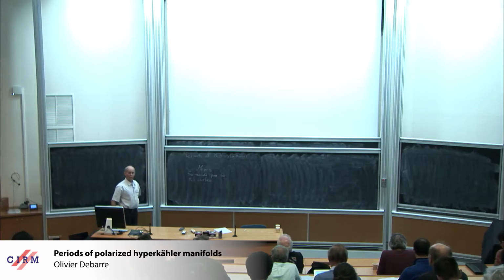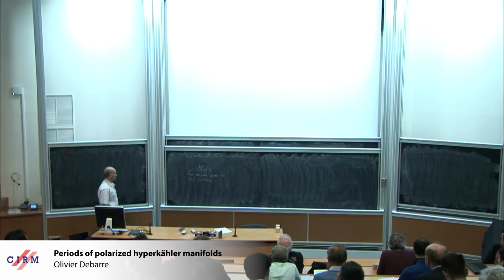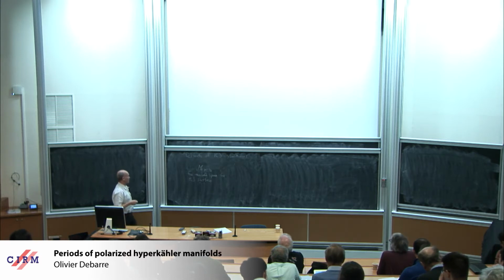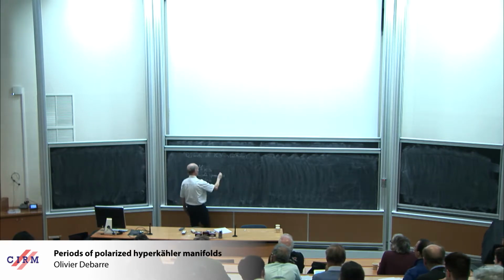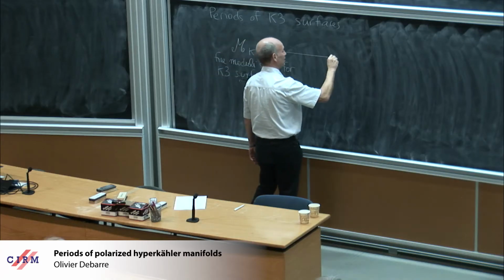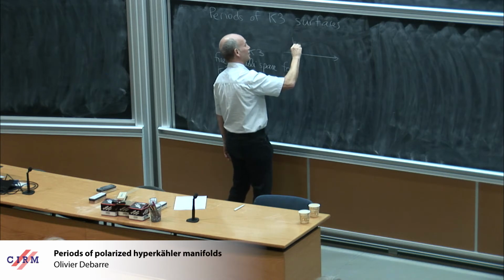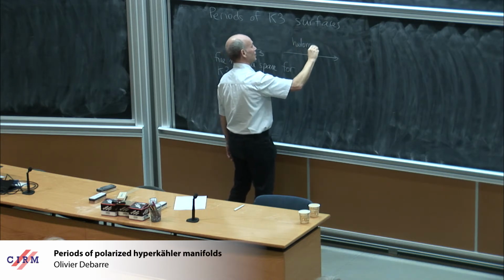And it's a smooth 20-dimensional complex manifold, except that it's not separated. Okay, but if you forget about that, it's perfectly nice, and you can define a holomorphic period map